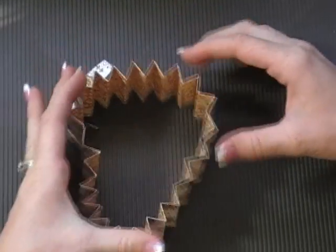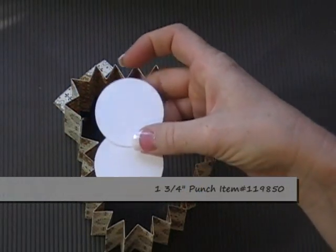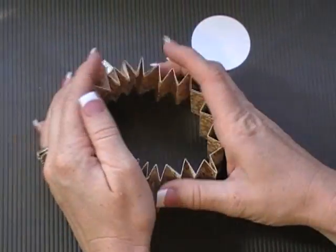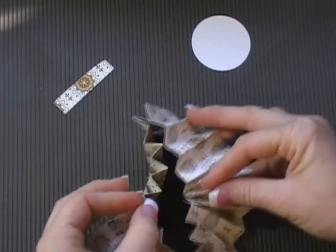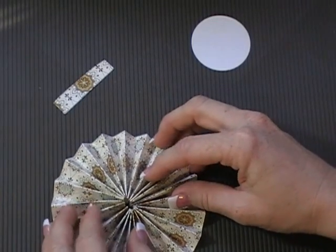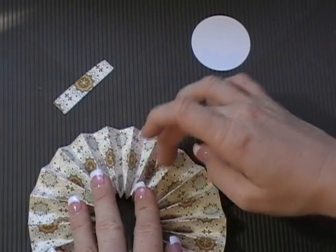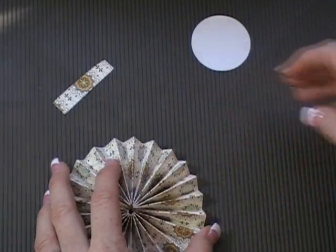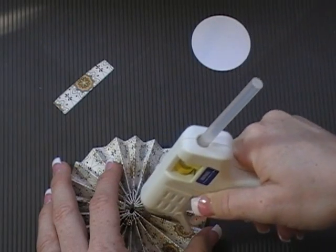Okay, so now I have my paper, and I've pre-punched two plain white circles out of the 1 3/4 inch punch. So you're going to gather this up, like so, and then you pull and push at the same time to make it go into the rosette. See? And then I like them tightly gathered, but you can do them loose so they have larger gaps, or you can push them together tight. I like them tight, so what I do is I hold them with one hand very carefully. I hot glue all around the edge,